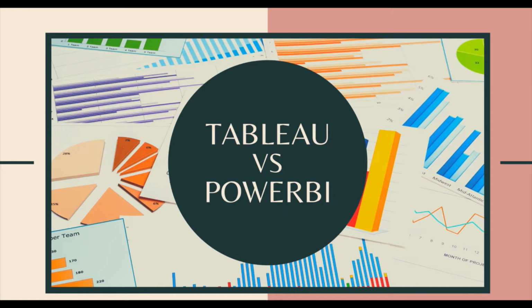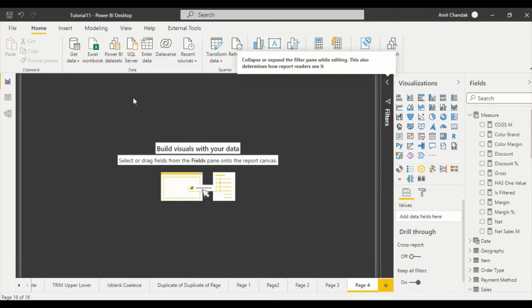So basically, if I click on gross sales, the gross sales should get selected. If I select net sales, the net sales should get selected. If I select discount, discount should get selected. So both Power BI and Tableau we can do this. Methods are a little bit different, but we can do that. Okay. So let's jump there and let's try to do it. So first let's jump on Power BI.